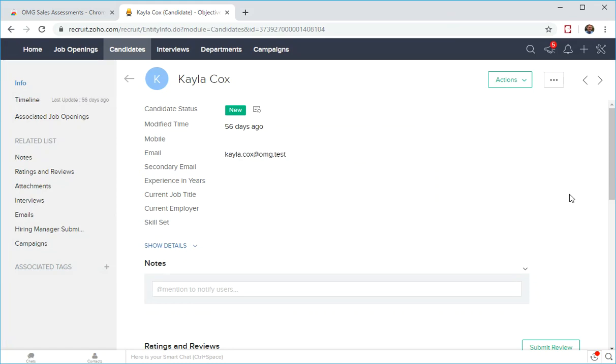Now, one great feature about the OMG Chrome extension is that we have the capability to optimize it for various applicant tracking systems. What this means is when we optimize the extension for a specific ATS, we create a rule to extract the email address automatically. So in this case, for Zoho Recruit,